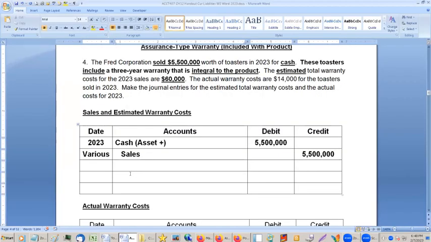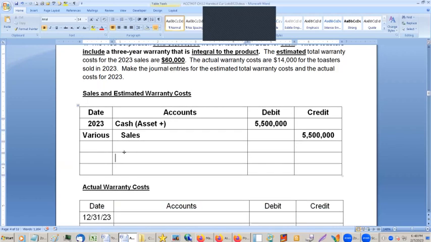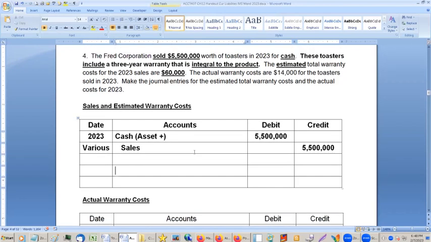So that warranty is actually on there. The whole purpose of it is to make more sales, to make more money come in, either sell more units or sell them at a higher price. So there is a reason for it. It's not just, well, I guess it could be if you're just going to try and be a good person, but it could also be that it's actually part of the sale itself. Okay, so